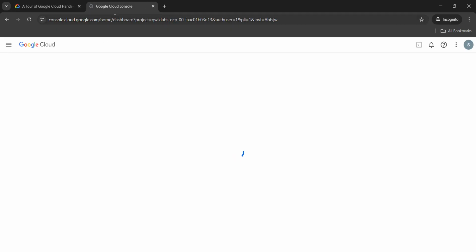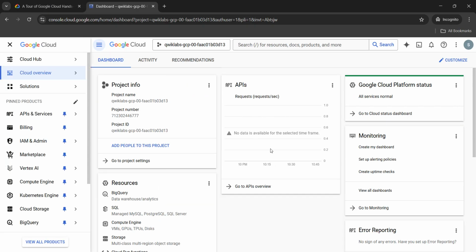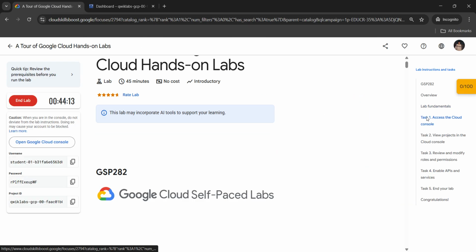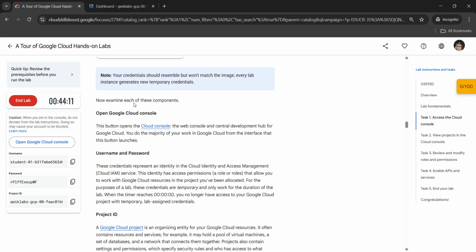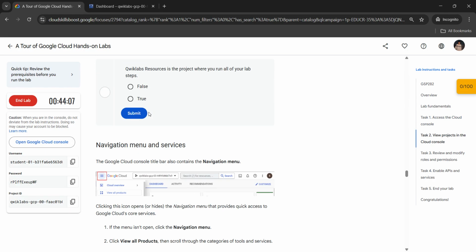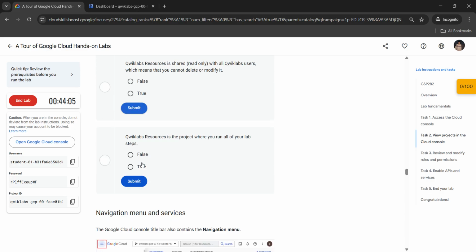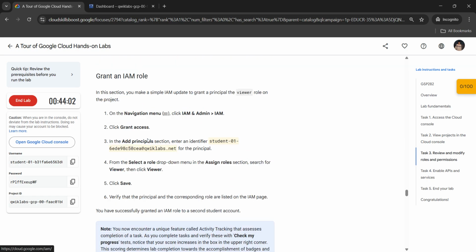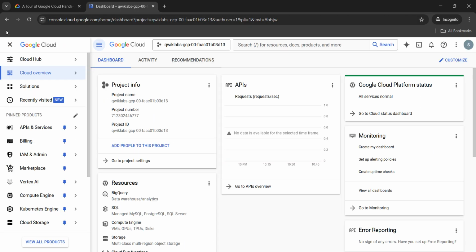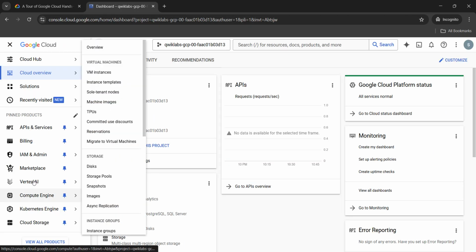So this is how my Google Cloud console will open. You just have to agree with any pop-ups that show up. The very first task, if we look, is this. Okay, we have done all this. First task is, if you want to, you can, the rest is not necessary, first is granting the role. Grant an IAM role. Okay, so we will simply go to Google Cloud,